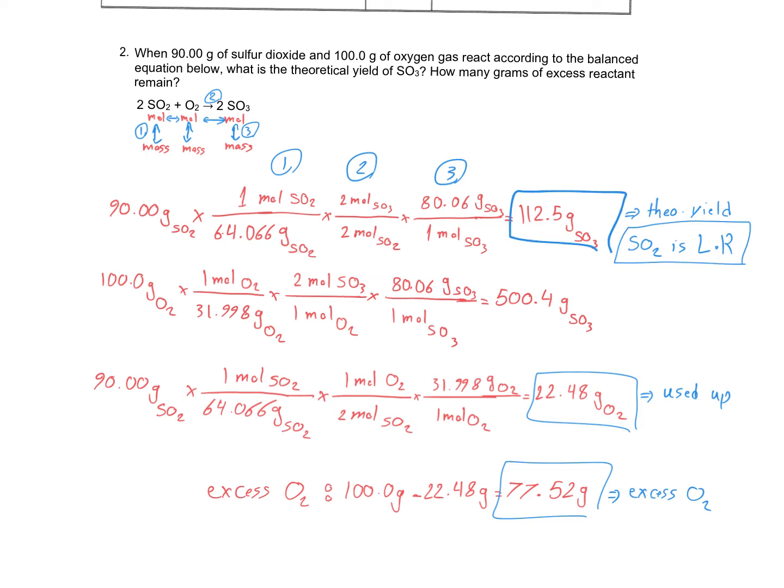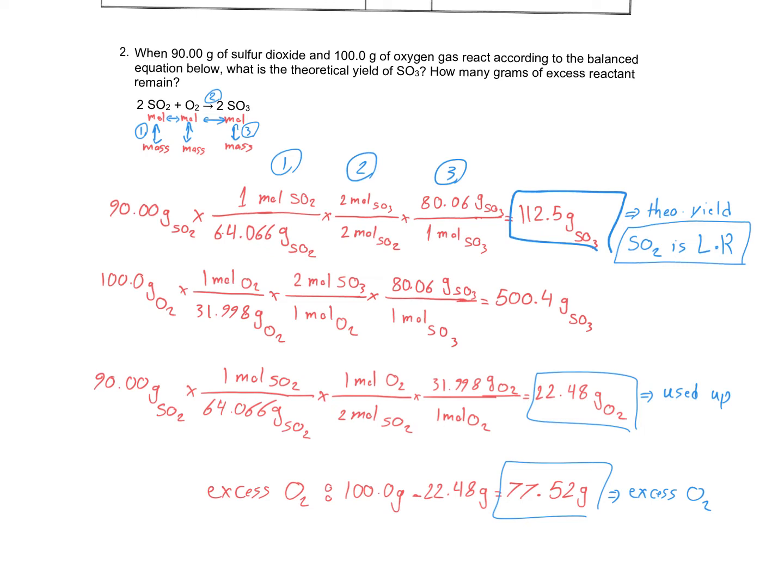The second part of the question is asking about how many grams of excess reactant. So the limiting reactant is SO2 and the excess reactant is O2. First, we have to see how much of the O2 we used up. So we use stoichiometry, the same method we used to go to the product. Now this time we use it to go to the mass of oxygen, which tells us how much oxygen is used up. So we start with 90 gram of the SO2, which is the limiting reagent, and we move